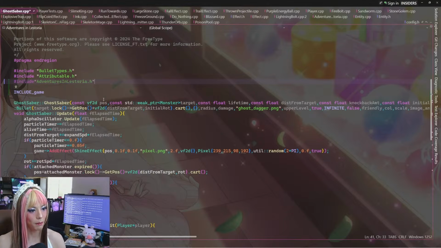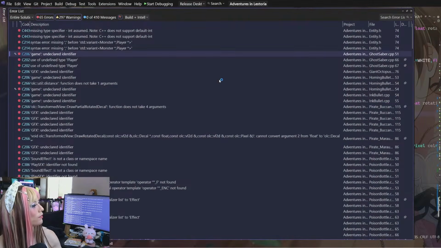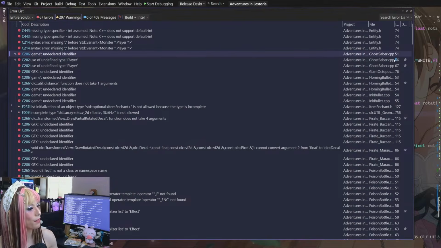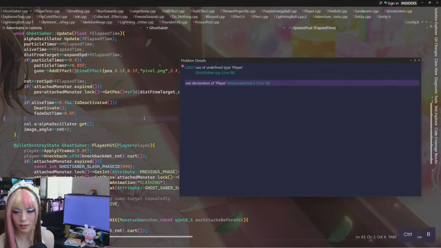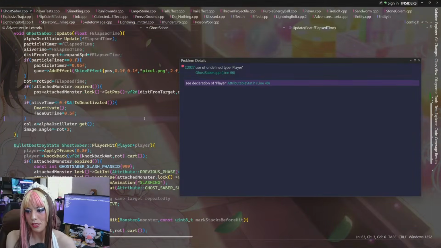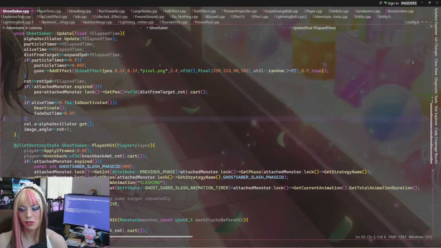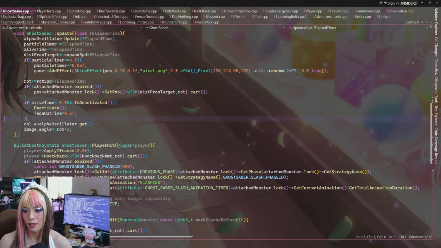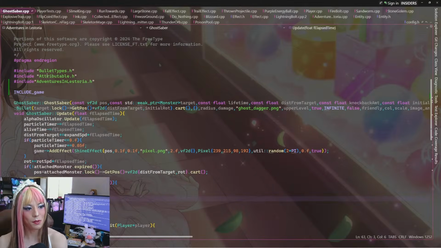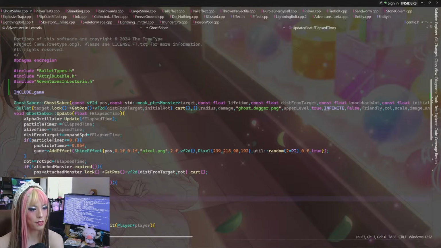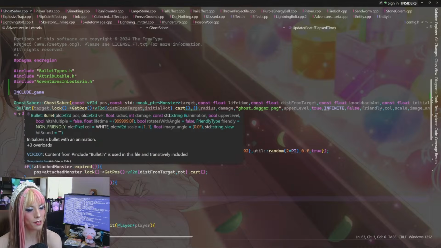So I have to include the game pointer there. That's a global. We have use of undefined type player. That's been fixed as well. A lot of includes got messed up because I removed some header files which transitively included things before. Visual Studio now tells you if a type has been transitively included, which is kind of cool.